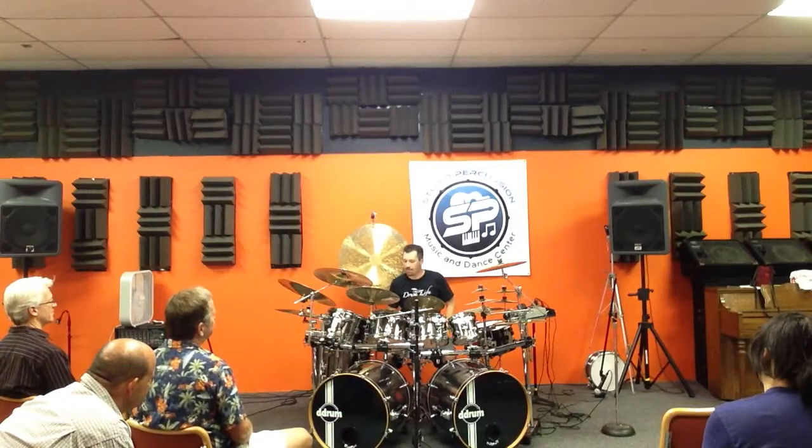Casey really likes playing with a double pedal, but what he does live is he'll have two bass drums, but he's not using the second one. He's got a double pedal on the right bass drum, and the left one's there just for visual, just a decoy. And apparently a lot of double bass players are going to that because engineers are having an easier time with that. Instead of trying to EQ two bass drums in a mix, they just have to worry about that one. Two pedals on one bass drum, one sound. But what I don't like about that is